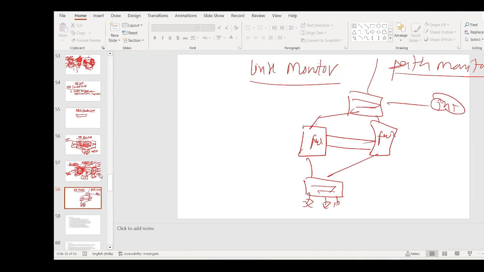So guys, what is link monitor? This is the outside interface, Ethernet 1/2. And this is the inside interface of my firewall, Ethernet 1/1. Suppose my link is okay, my link is working fine. But if this interface went down,